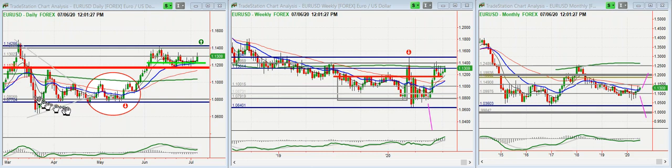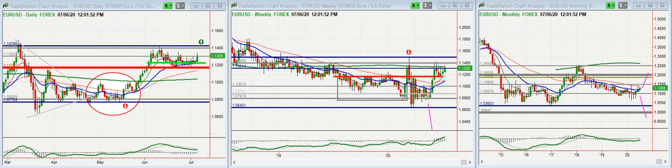Currently we're basically stuck here in a range on the daily, in the range of the busted pattern that has formed on the weekly, and we have to see now. We could fall back into the range, obviously, right? It will take a couple more weeks or even months to decide what's going to happen, but we've got these arrows on both sides, and I'm basically waiting to see what's going to happen, right?